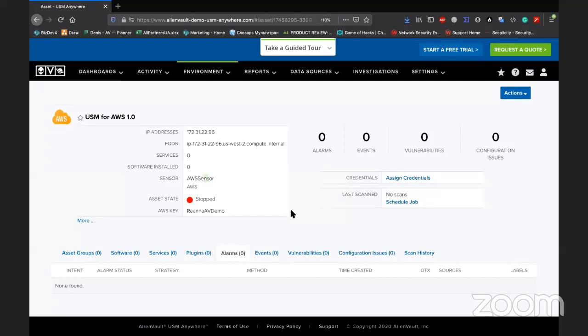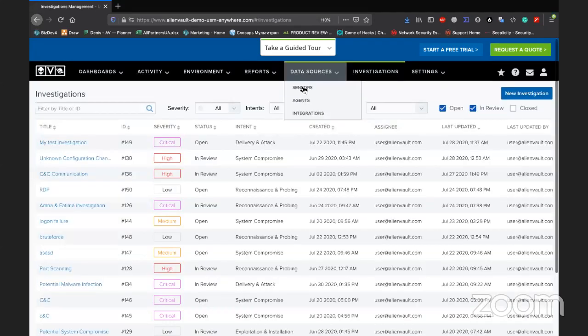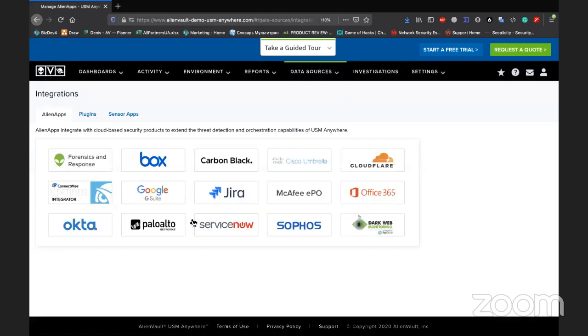So we don't need to scan all these networks. We just need to integrate our sensor with the VMware vCenter machine. So again, AlienVault has a lot of pre-installed features that will help you with automation of security operations. So again, if you need to integrate your